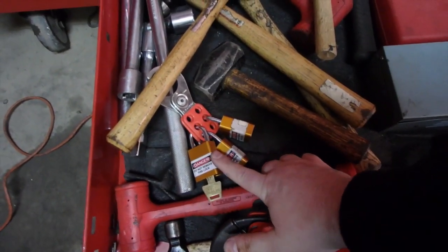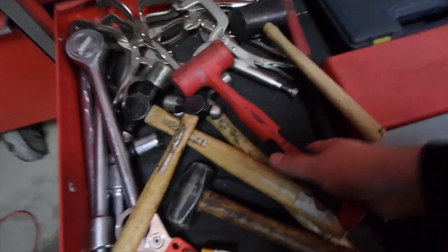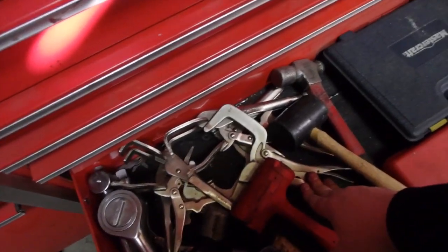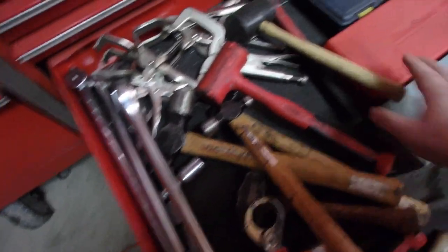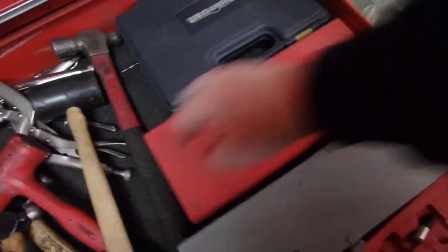Lockout, tagout tags for doing repairs on things. These are Snap-on dead blow hammers, really good. Most of the clamps and stuff in here by Mac Tools. This 3/4 inch ratchet is no name, but does come in handy. This is a drill index right here. This is a Blue Point